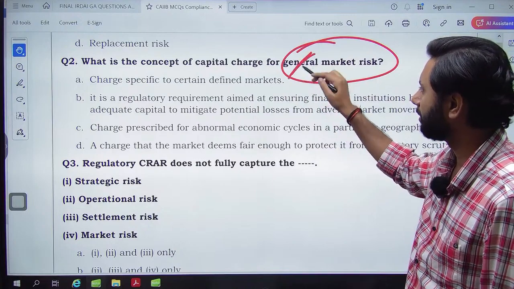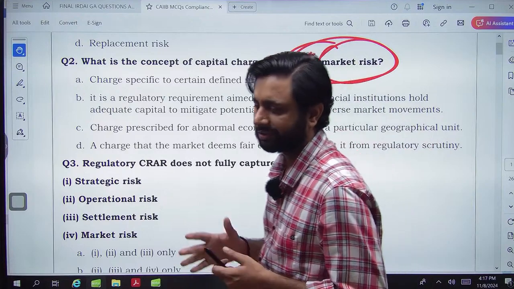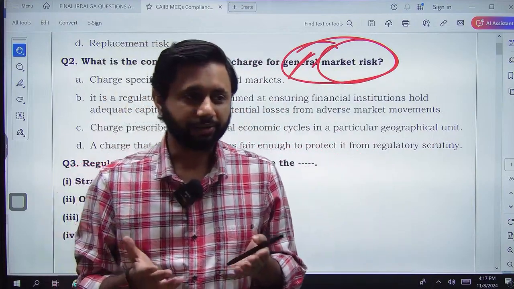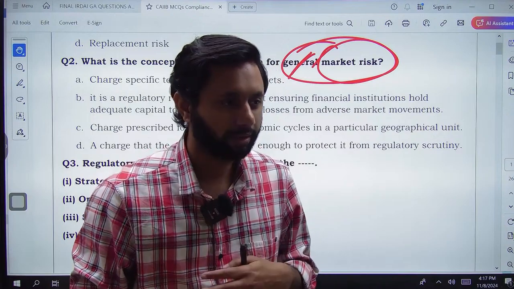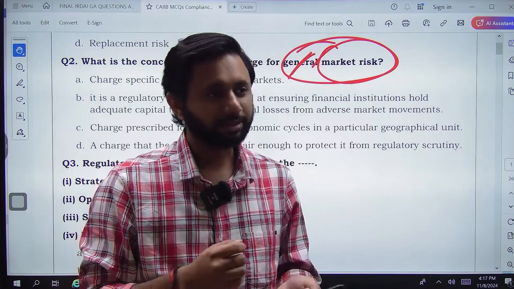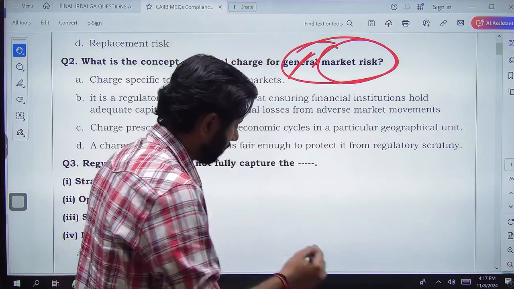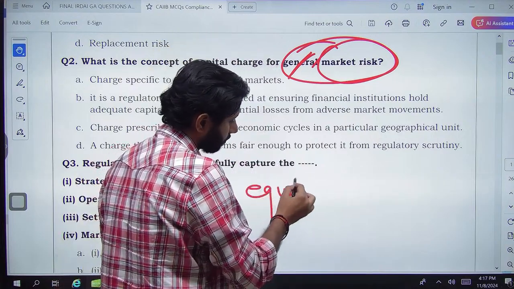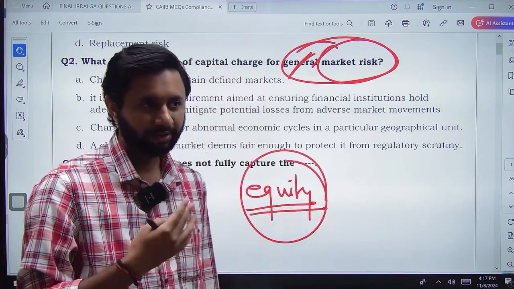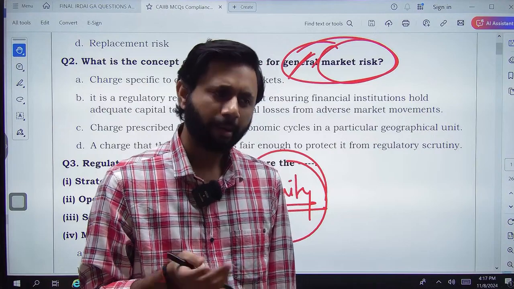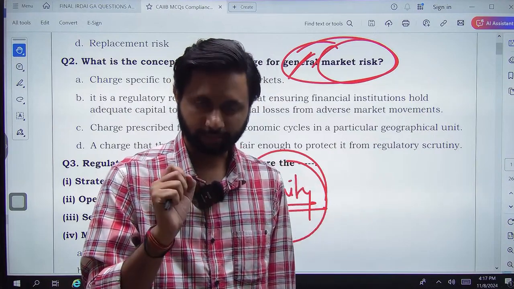You can call it general market risk or normal market risk, and we've already understood that market risk is how much price fluctuation your security is capable of sustaining. For example, if you see most of the regulations released by the Reserve Bank of India, particularly with respect to the investment aspects of the banks,